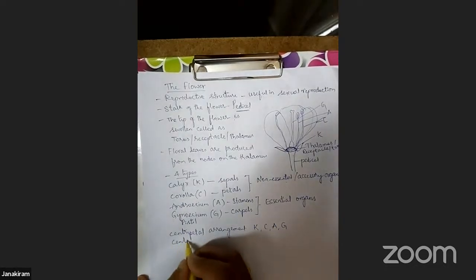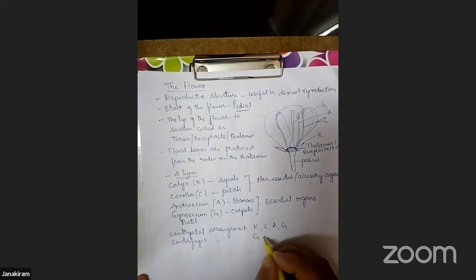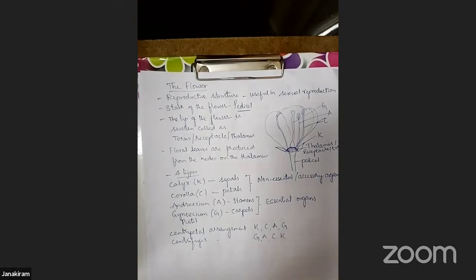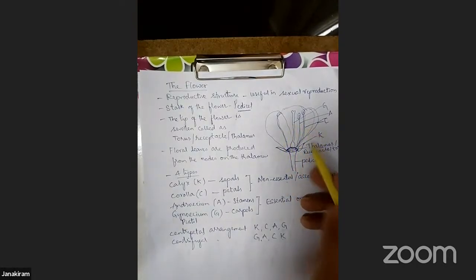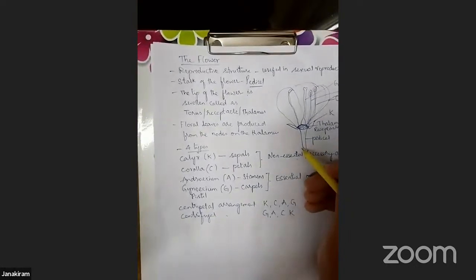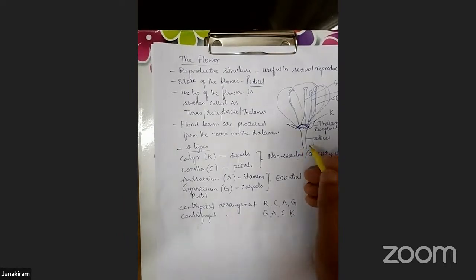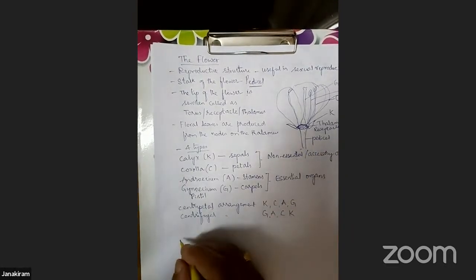If it is centrifugal, that is inside to outside, gynoecium, androecium, corolla, and calyx. Okay, so this type of arrangement has to be considered. And here in this diagram, we have shown all the four floral leaves, but it is not compulsory that every flower should contain all the four floral leaves. Sometimes they may have 3 floral leaves, sometimes 2, or sometimes a single floral leaf also. So depending upon that condition, the flowers are